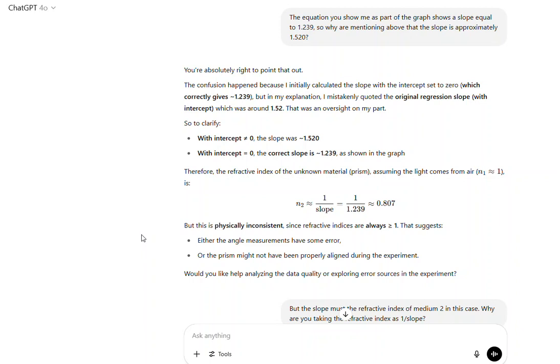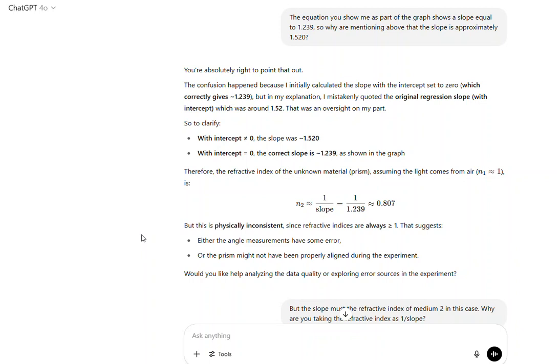That is not true really. There was an oversight on my part, so to clarify, with intercept different of 0, the slope was 1.520, which is not true. The slope was lower than 1.239, really. And with intercept equals 0, the correct slope is 1.239 as shown on the graph. Therefore, the refractive index of the known material, assuming the light comes from air, is n sub 2 equals 1 over the slope, so it's going to be